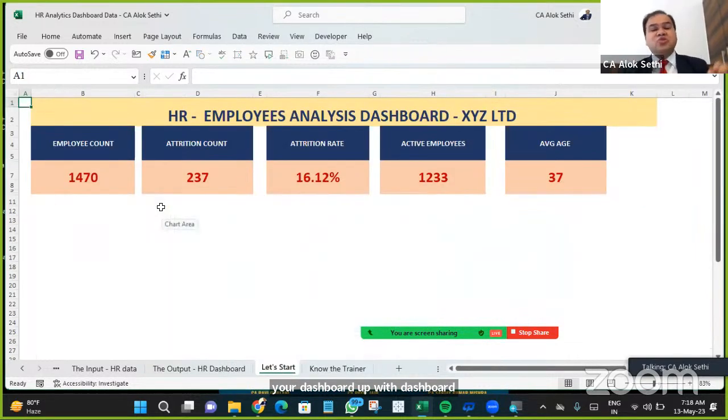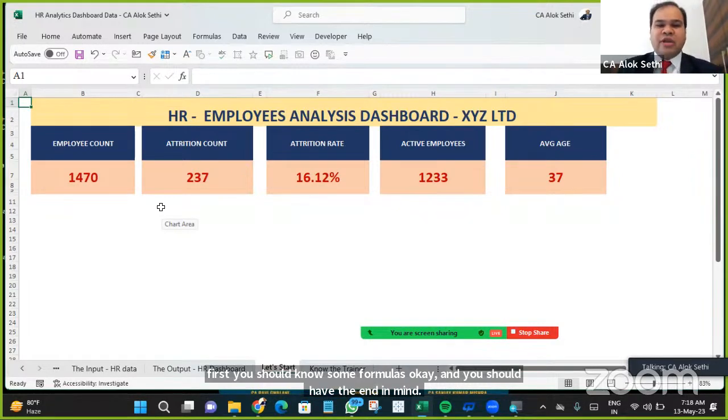होगा कि फर्स्ट यू शुड नो सम फॉर्मूलाज, ठीक है, एंड यू शुड हैव द एंड इन माइंड। हम हमेशा ये बात करते हैं, जो हमारे लॉ ऑफ अट्रैक्शन के सेशंस होते हैं, सीक्रेट के सेशंस होते हैं, बुक रीडिंग के, उसमें भी एक बात होती है कि यू शुड ऑलवेज हैव द एंड इन माइंड।